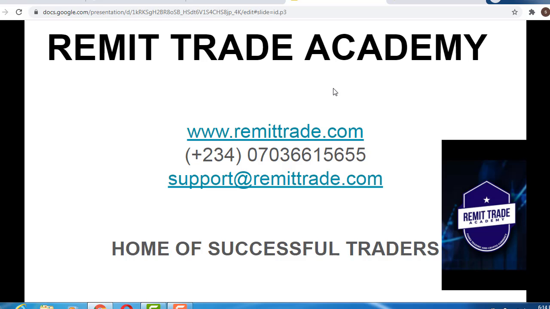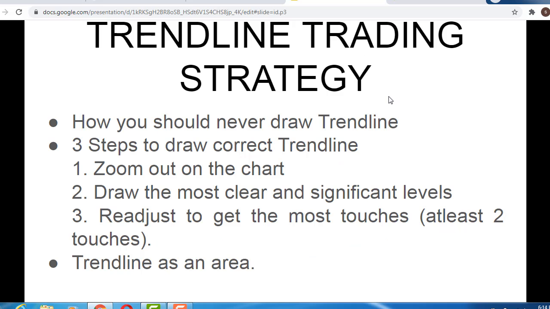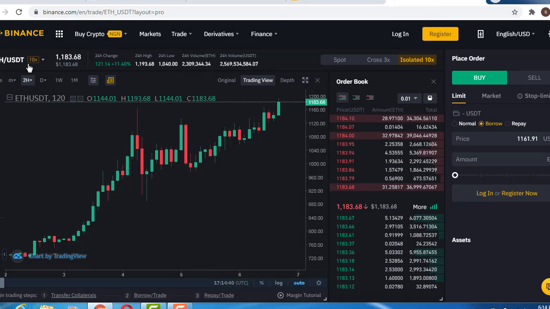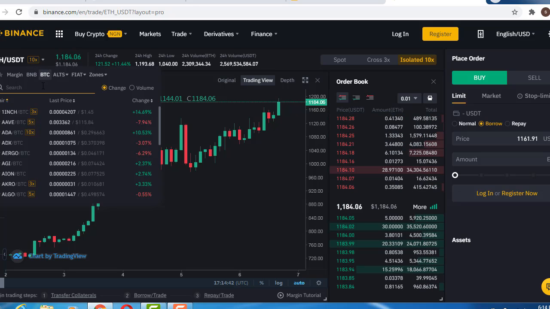Okay, so let's get right in. Trendline trading strategy. Trendline is one of the most used strategies when trading financial markets, in this case the cryptocurrency market. So there are ways you should not draw trend line. Let me show you how you should never draw trend line. So let's say we have BTC